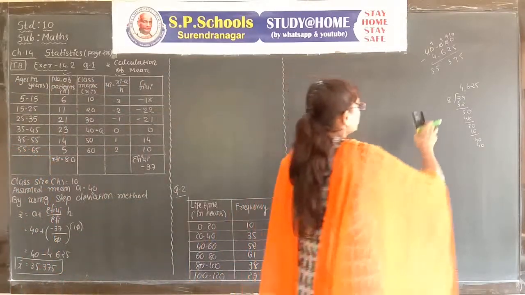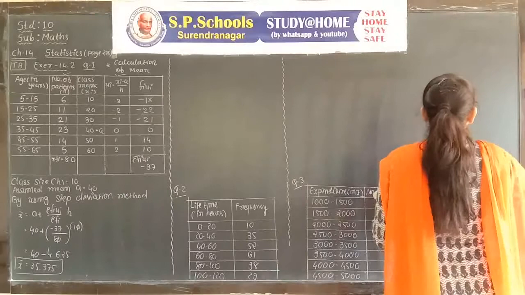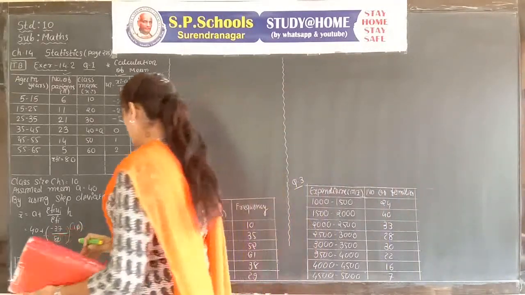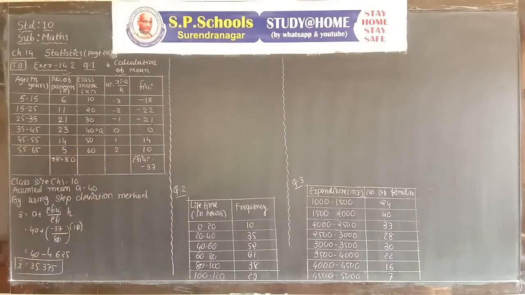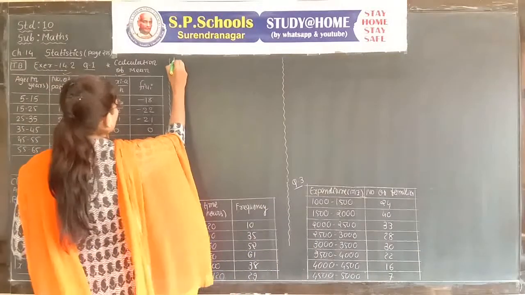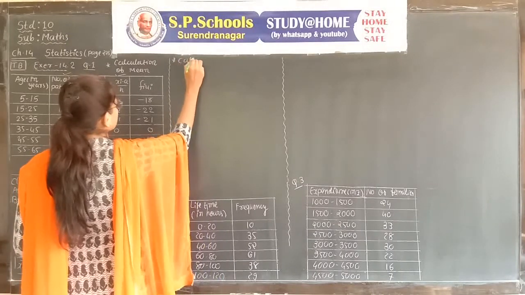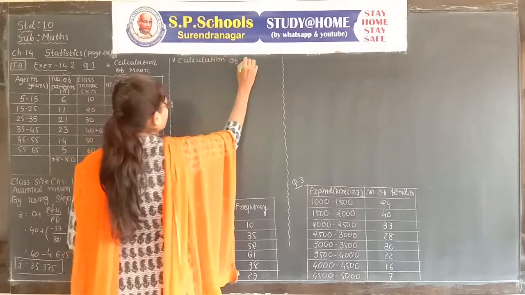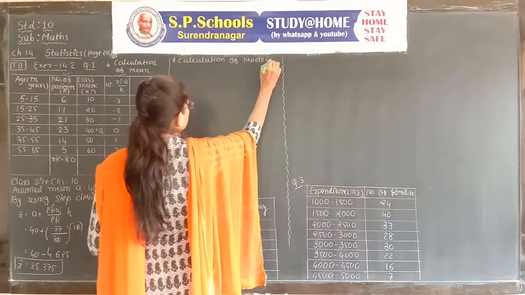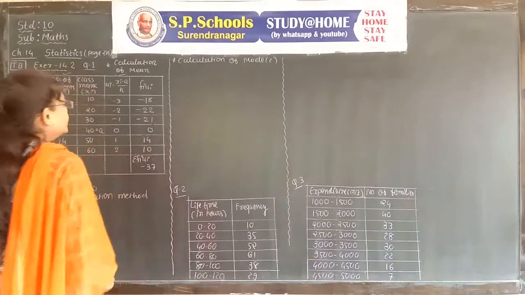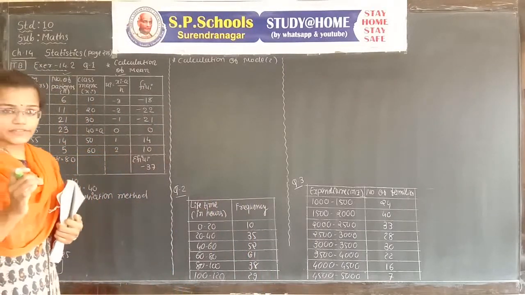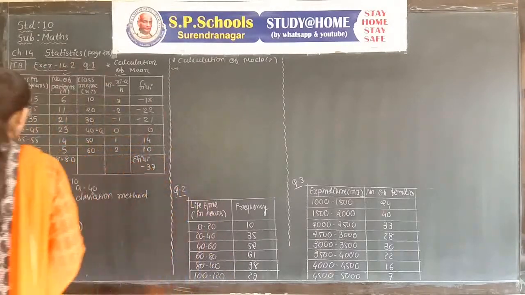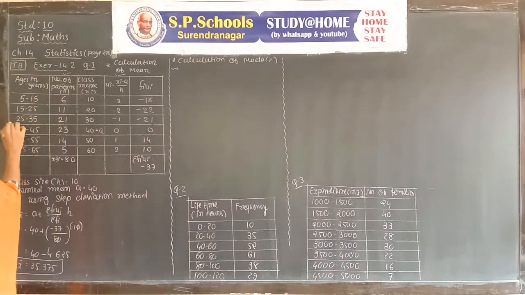Now we discuss mode. Whenever you get some digits after the decimal point, it is also appreciable in examination. Now the calculation of mode Z. First of all, to find the mode of the given data, decide the modal class using the highest frequency. Here the highest frequency is 23.